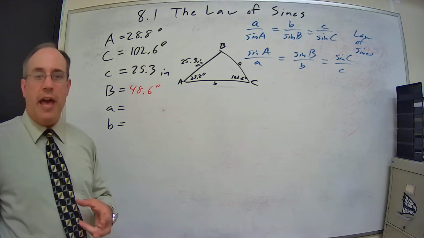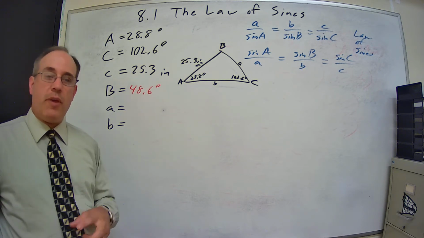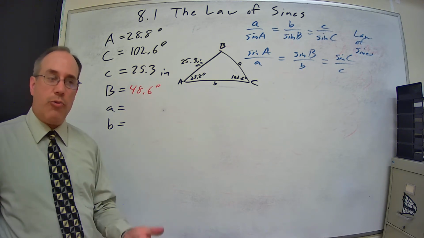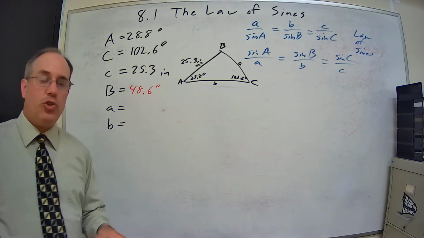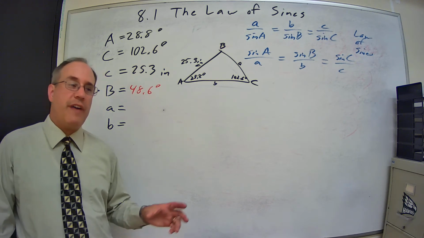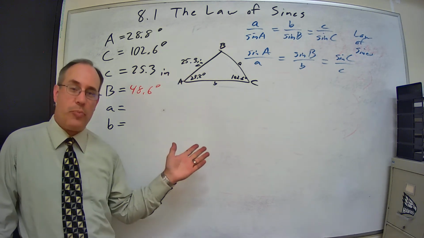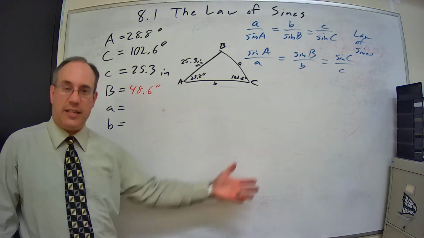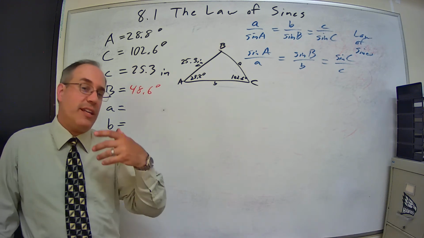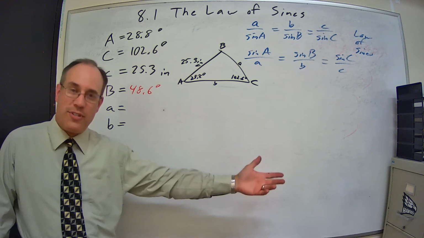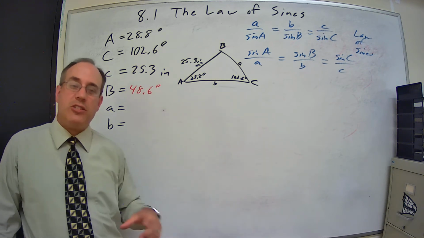It's always best to use the information that you were given rather than information that you calculated. So if you have a choice between using values that were given as part of the problem to do the next calculation, or using numbers that you calculated yourself from numbers that you were given, it's best to take the